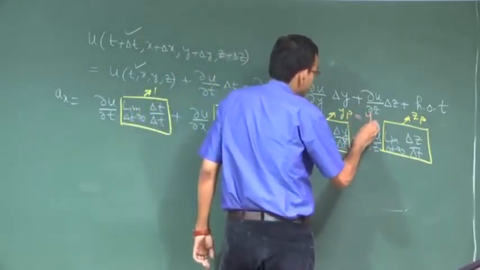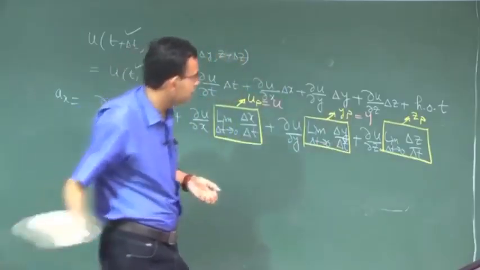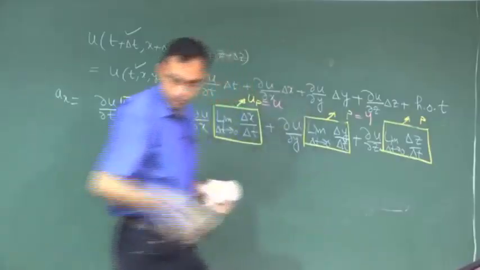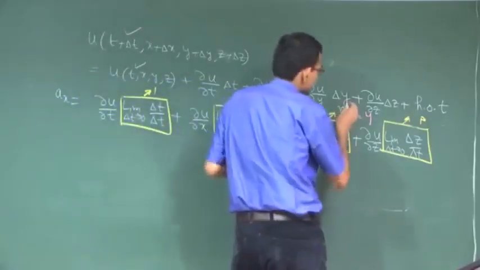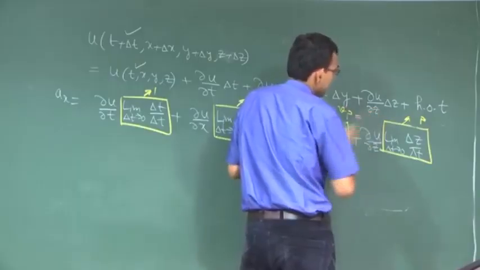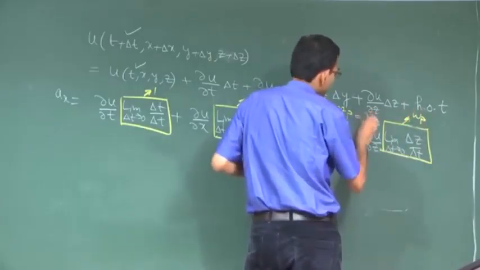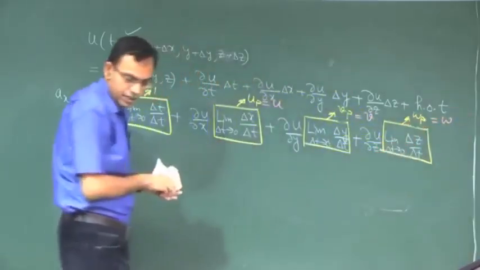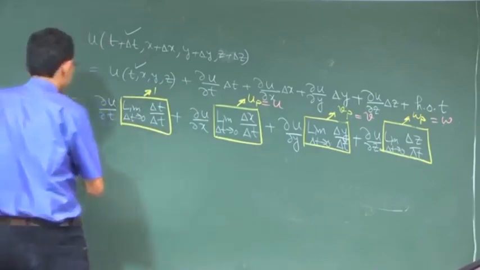This is Vp, right, not, sorry, this is UVW. So this is Wp. So Vp is equal to V and Wp is equal to W. So acceleration along x becomes